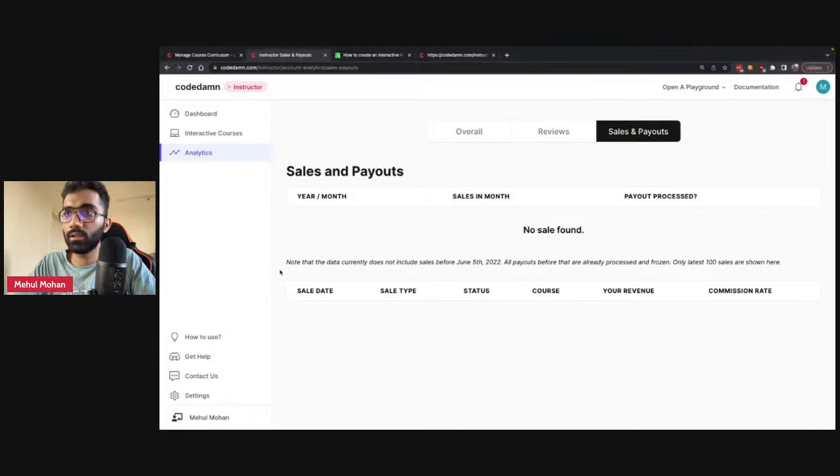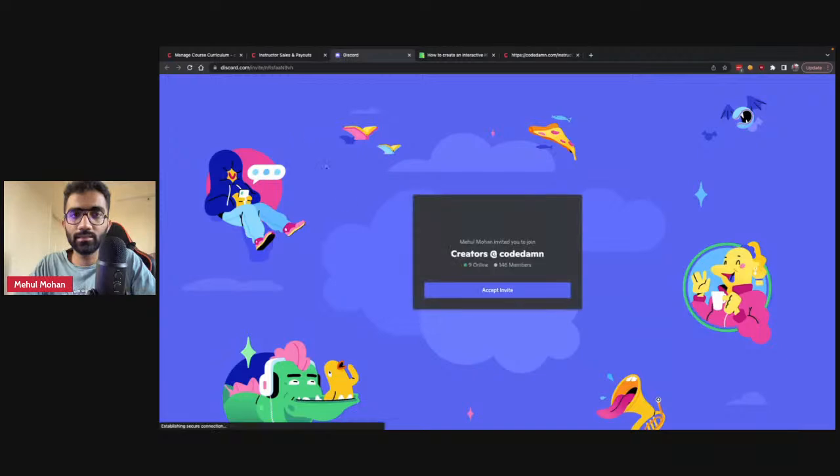So you see, click on this get help button over here at the bottom left, and you will see that a creator Discord opens, right? If you click on this, you will see a creator Discord server opens. This is a place where my whole team is available. And if you're a creator who's creating content on CodeDAM, use the server to ask for questions or anything, or any request you want, like in case of sudo or in case of this thing.